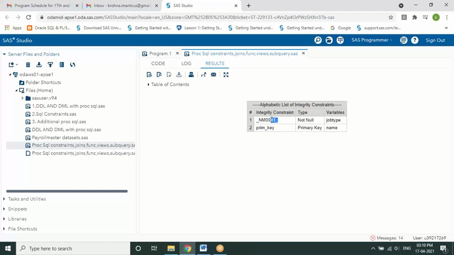So by default, the database, here SAS, will assign some system name for that primary key, foreign key or any other type of constraint you are giving. This is a system generated name, which would be difficult for someone to identify. Instead, I am giving a name for identifying my constraints.